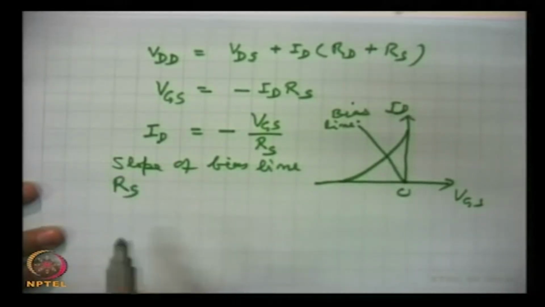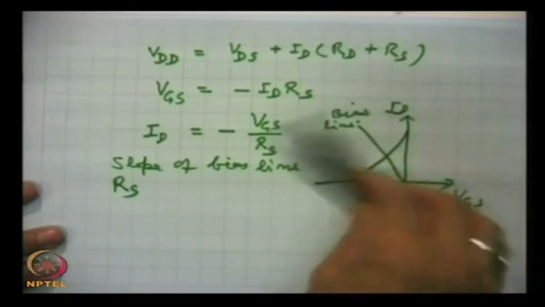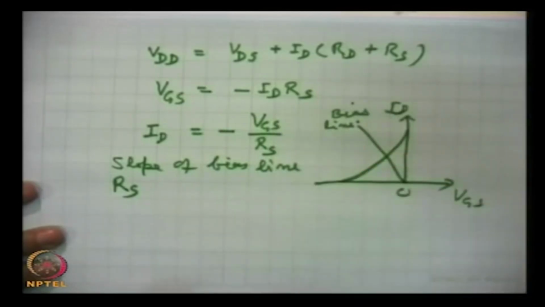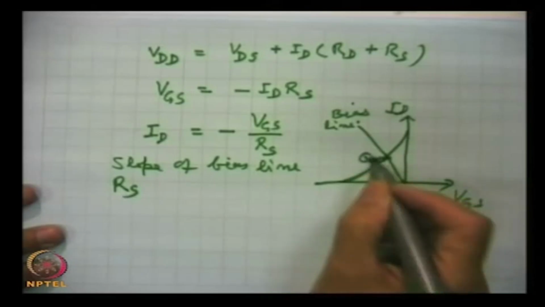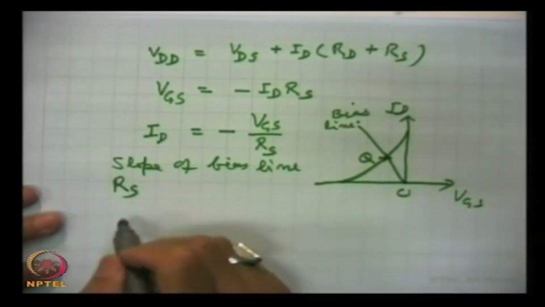So, if we choose R s, that will shift the slope, that means the bias line will move across this point. So, once we choose the operating point Q, then we know the slope and thus R s is known,